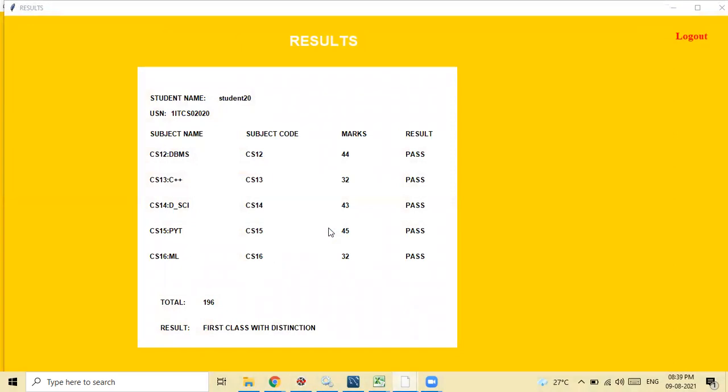This is the detail of that student. If it is above 75%, then the result will be first class with distinction. Total marks out of 250, he got 196.